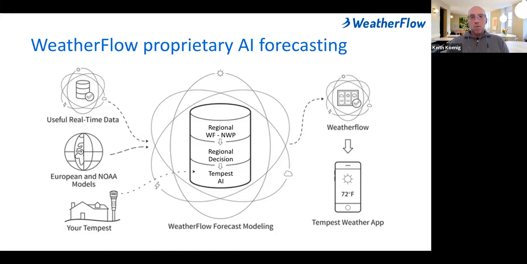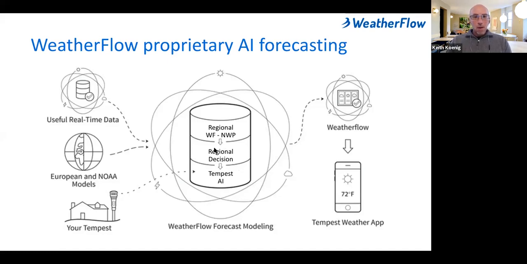From there, we actually run a regional analysis to say, hey, is our fancy 1 kilometer model better than the best models out there in the world for a particular region on a particular day? Are there synoptic conditions that say, you know what, this model is going to outperform our model, or is our model the best? And so we run a decisional analysis on a daily basis, on a regional basis, to figure out what is that fundamental basis of a forecast, what is the best model to put forward.